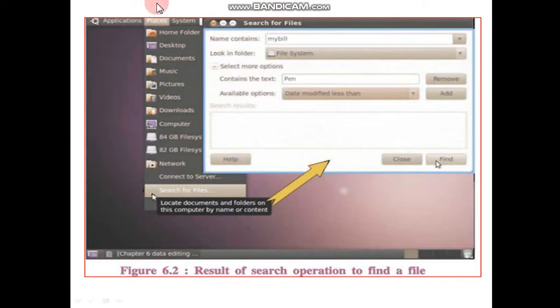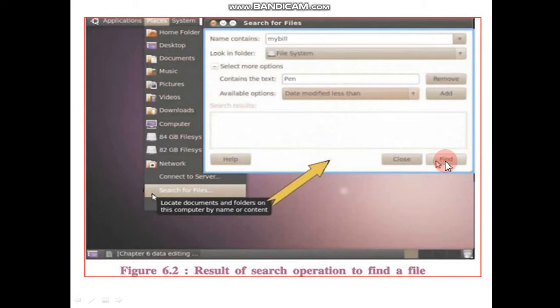See here, go to Places. This is the Ubuntu screen, right? So go to Places and then Search for Files. Then the Search for Files window appears here, and suppose the file name is my bill, enter it in the find option.